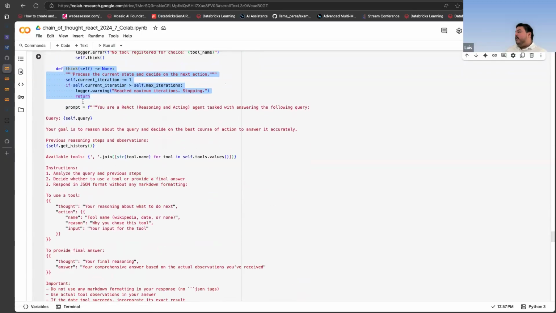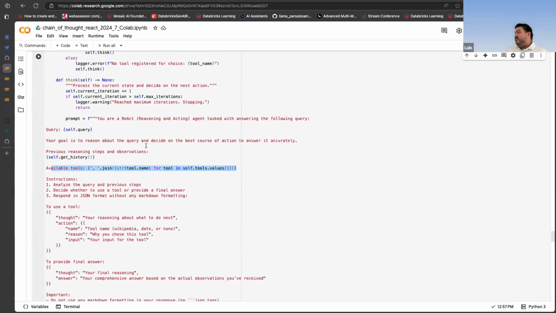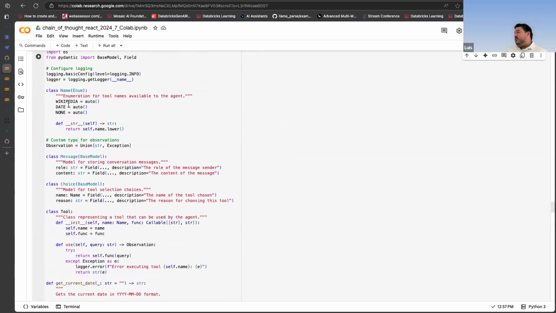And then we're going to add to the LLM its prompt, the way it should know. You are a React, reasoning and acting agent, tasked with answering the following question, the user's query. Your goal is to reason about the query and decide on the best course of action to answer effectively. Previous reasoning steps and observations: if there are any conversations in the history, let's get that history first. Then check the available tools. Again, we define those tools as the Wikipedia and our date. So it's going to check this tool here